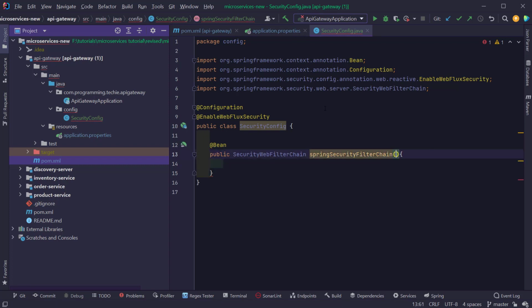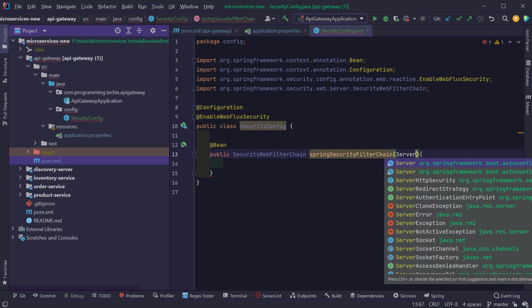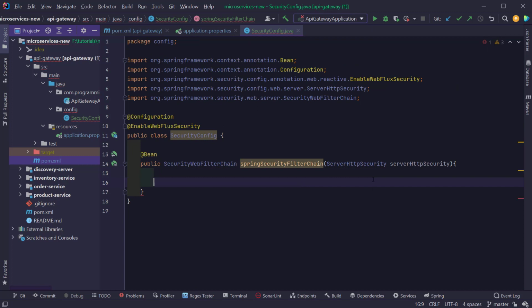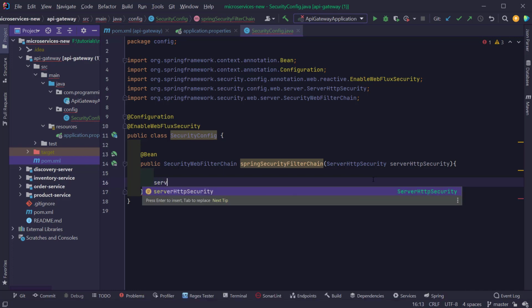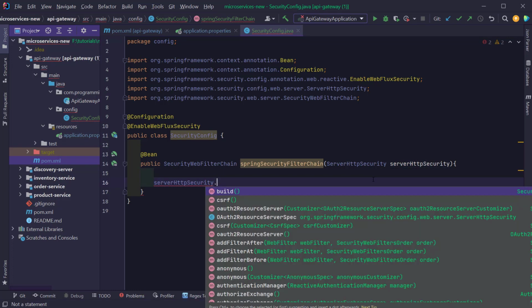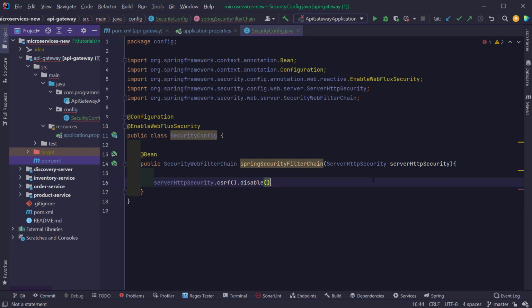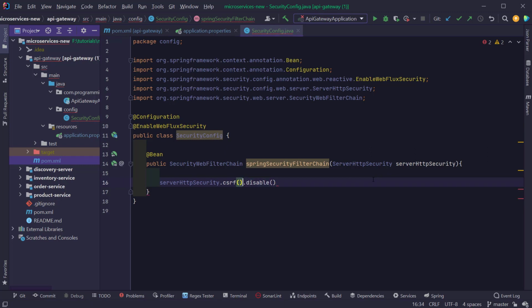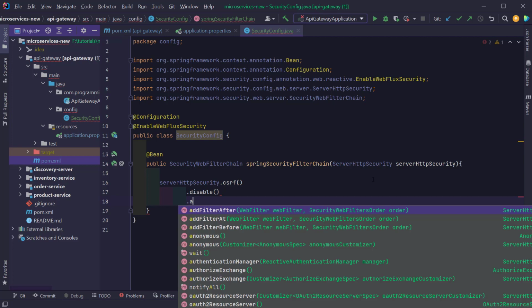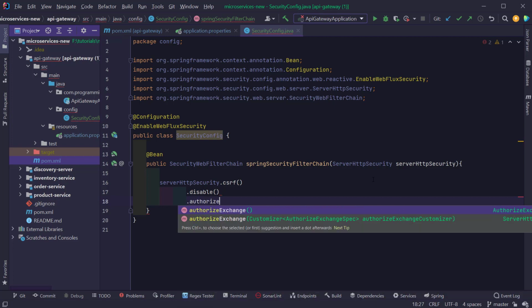and this method is going to take a method parameter of type ServerHttpSecurity. Inside this method, we have to configure the WebFlux security details. First, I'm going to disable CSRF, because we are only communicating through the REST API, through the Postman client. So I'm going to disable CSRF here, and I'm going to add some exchange information by typing authorize